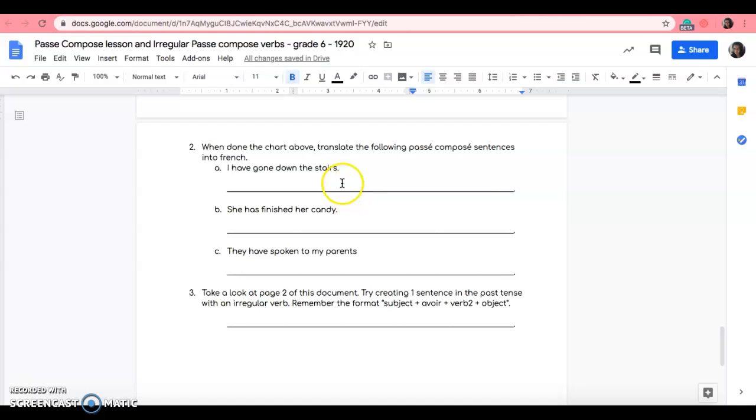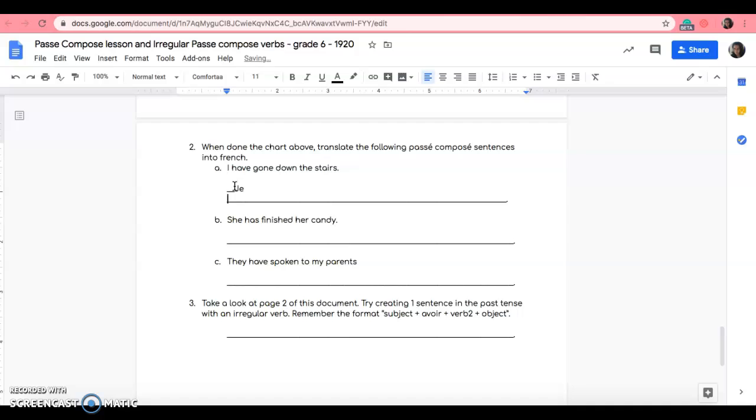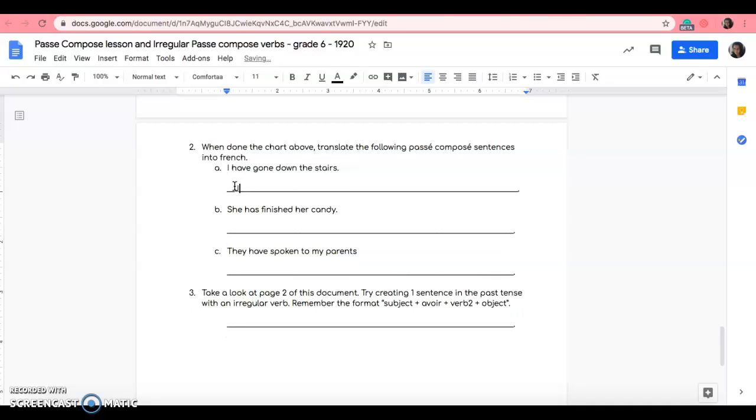Right? And then down here for number 2, when done the chart above, you're going to translate the following passé composé sentences into French. Okay? So you're going to translate this sentence, I have gone down the stairs. Okay? We know that I is je. We know that have is a,